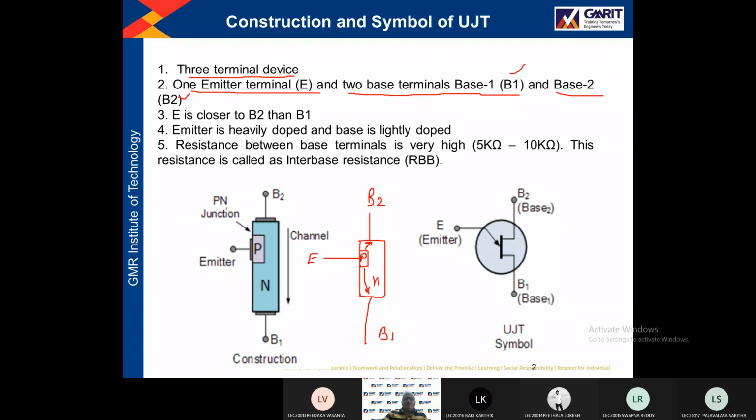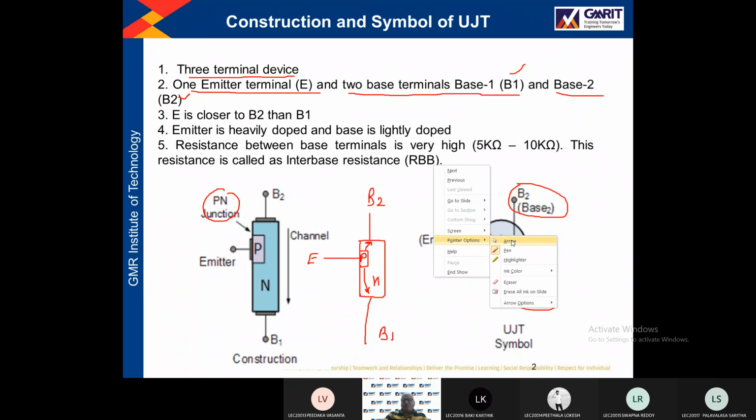Now you can find one PN junction. In a transistor, there are 2 PN junctions, but in UJT, there is one PN junction. It is called a uni junction. One junction, and transistor because 3 terminals are there, right? Okay. And its symbol you can find in this way. This is the emitter, and this arrow is marked near the terminal B2, and this is your B1.